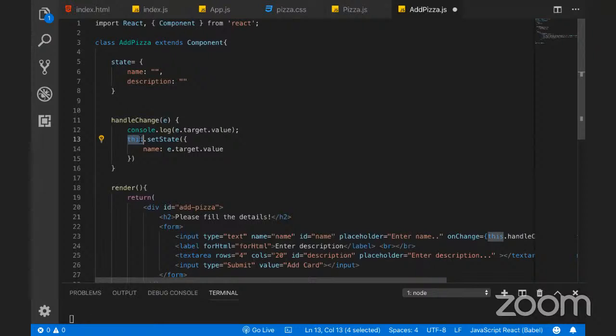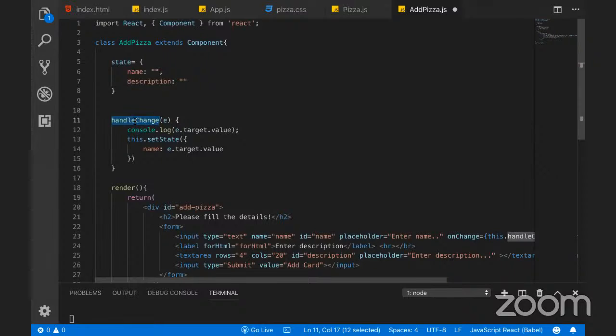This goes back to the logic when we were discussing about this keyword, class keyword, and how arrow function works. And at that moment, I said we are going to use a lot of arrow functions in React. So this on change is being triggered from here, correct? This is getting triggered from here. So this render is a part of add pizza class. And add pizza class का value है